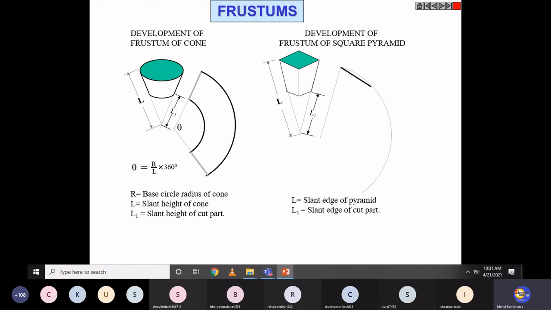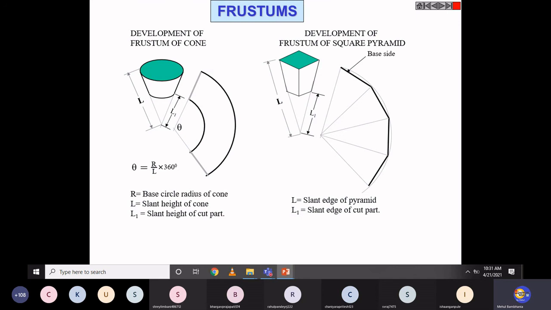We know that this is a square pyramid, so four edges. You take the measurement for individual edges and reflect in this way: first, second, third, fourth completed. You join all the bottom edges with the slant edges. We have four slant edges. So this is the common development for the square pyramid.